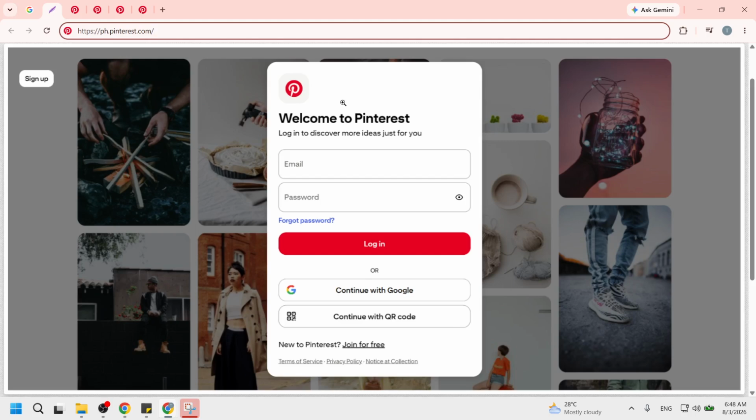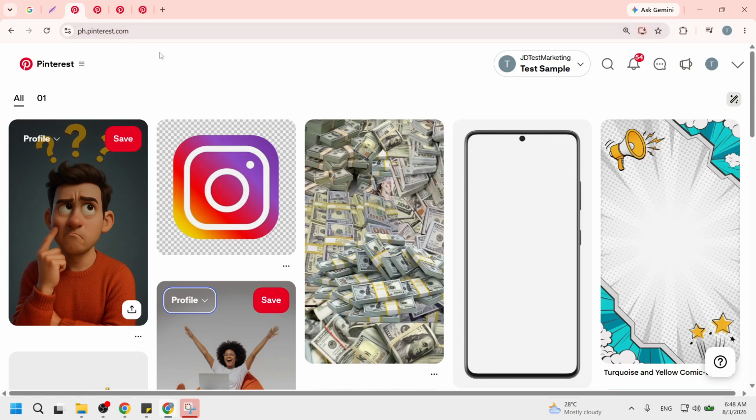After clicking, you should land on the Pinterest sign-in page with options to continue with email or with other accounts. Enter the email and password connected to your Pinterest account, then click the button to sign in. If you type your password incorrectly, Pinterest will show an error message near the top, so you can try again. When the details are correct, Pinterest will load your home feed automatically, and you will see a grid of images